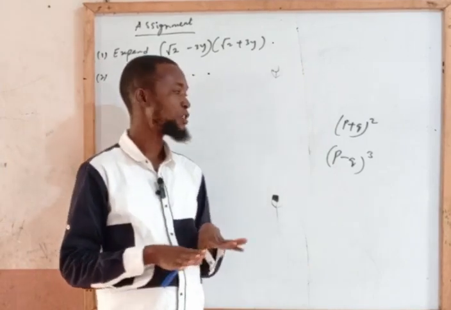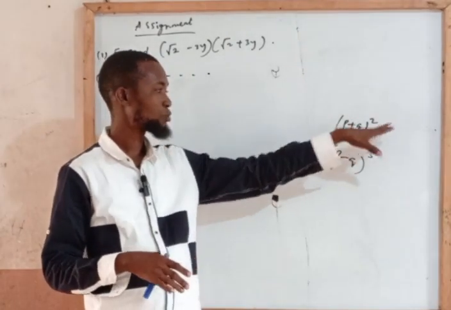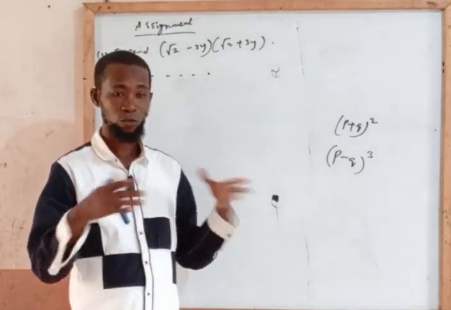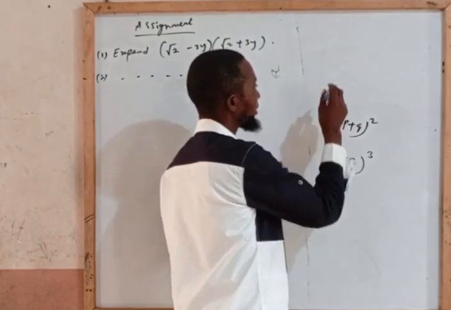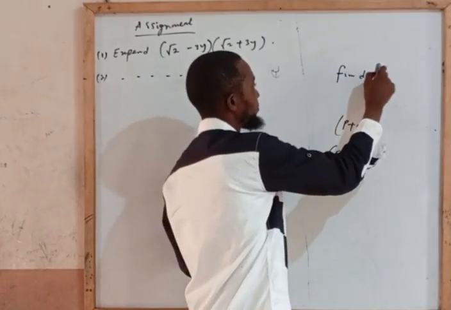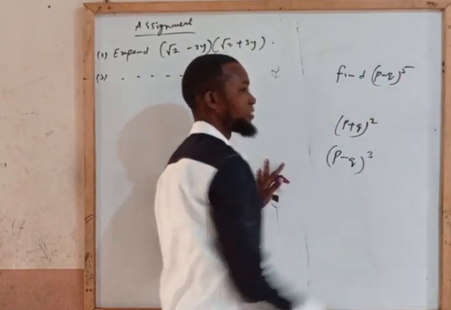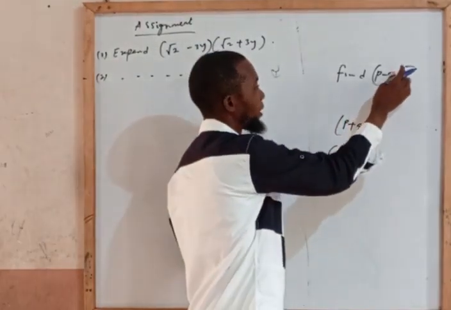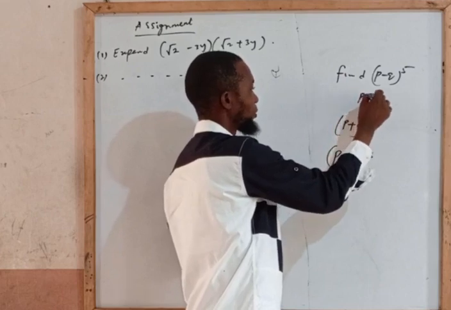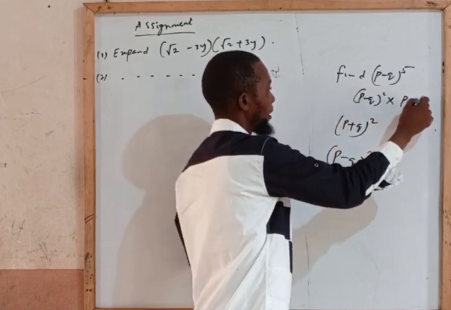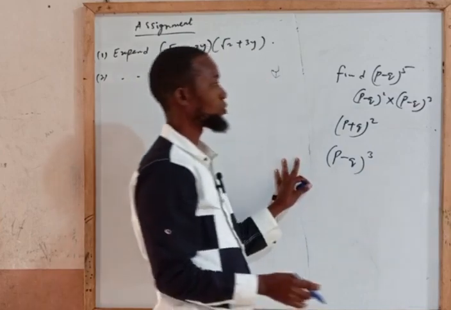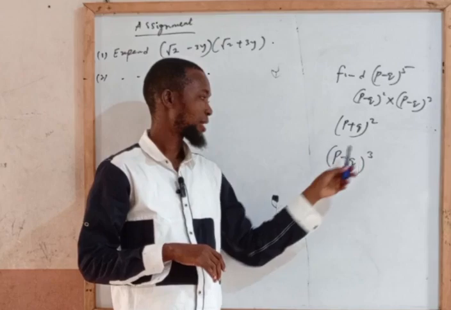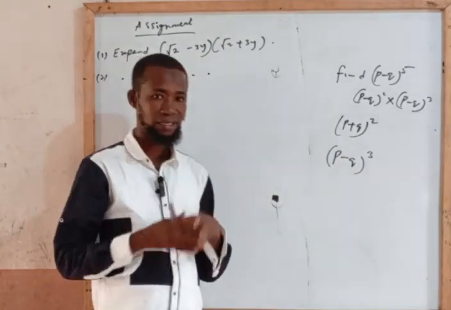But what we simply do is, the application of these square and cubic identities is what we also use in tackling any other form of identity. For instance, I may be asked to find (P - Q) raised to power 5. What I will simply do is to say that anything raised to power 5 here means (P - Q) raised to power 2 multiplied by (P - Q) raised to power 3. So we need a thorough understanding of square identity as well as cubic identity in order to be able to excel in